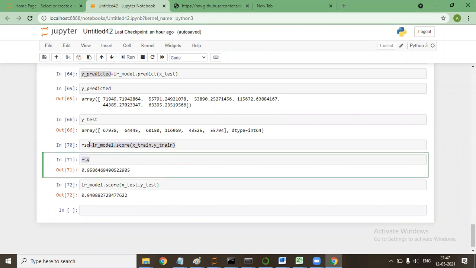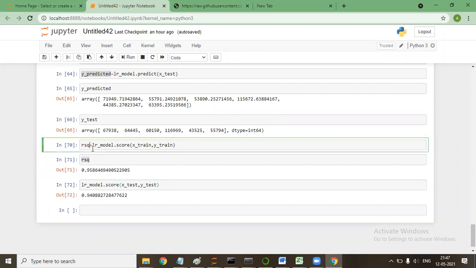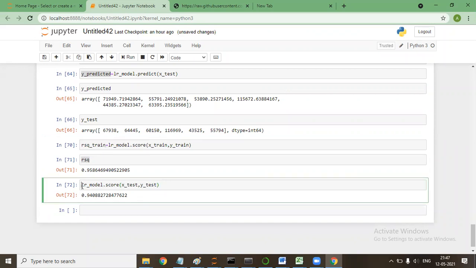So I'll rename it as R square for train, and I'll rename this as R square for test.